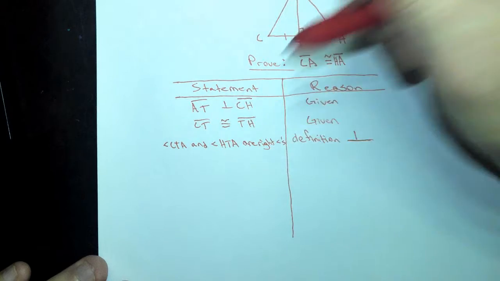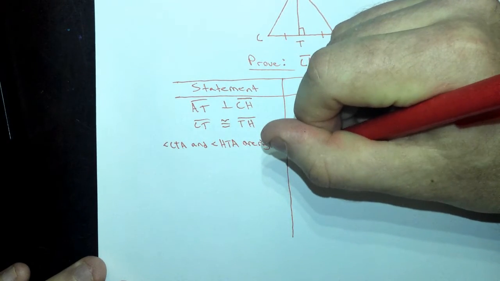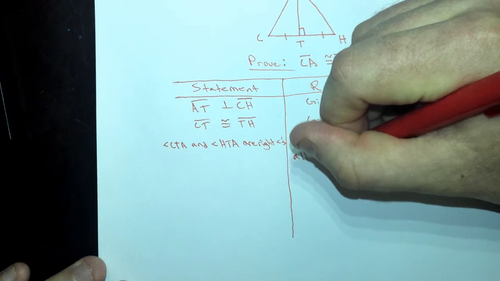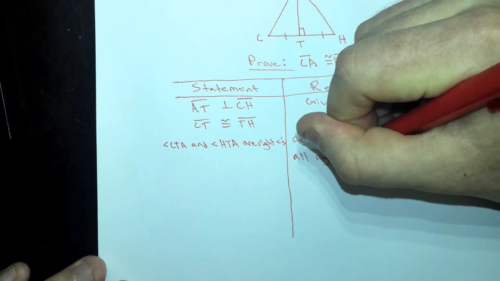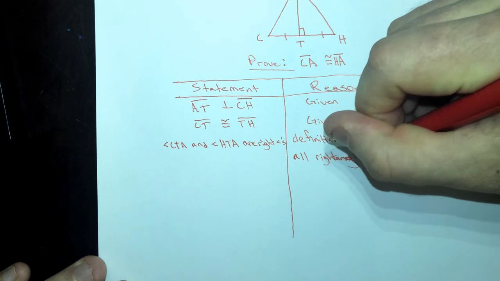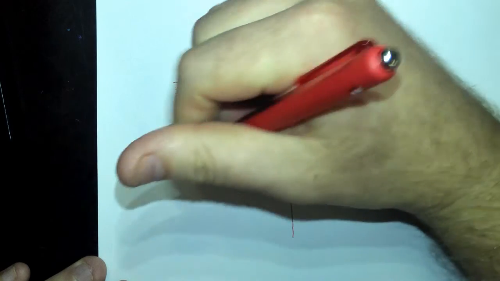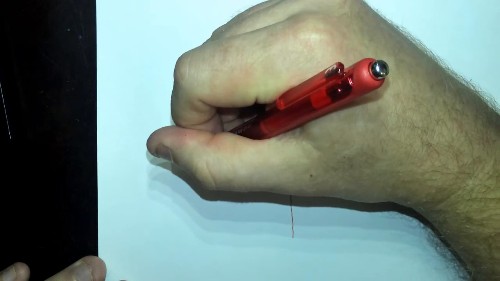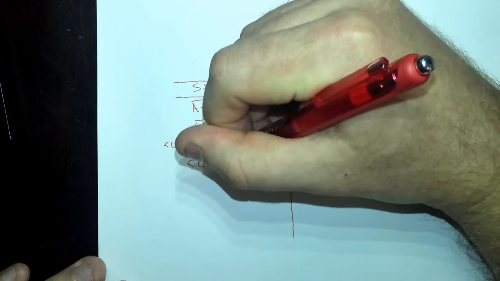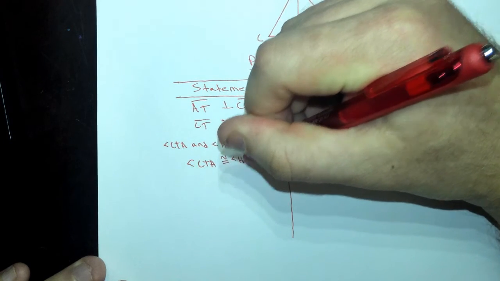And then if I have two right angles, well, all right angles are 90 degrees. So all right angles are congruent, which means that I can now say that these angles are congruent to each other. Angle CTA is congruent to angle